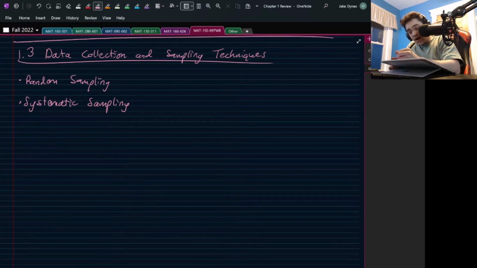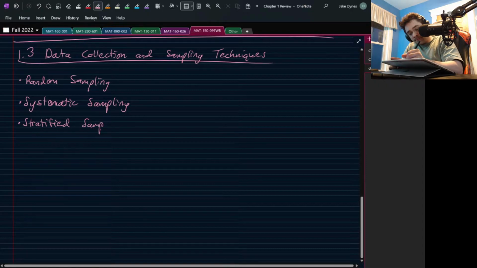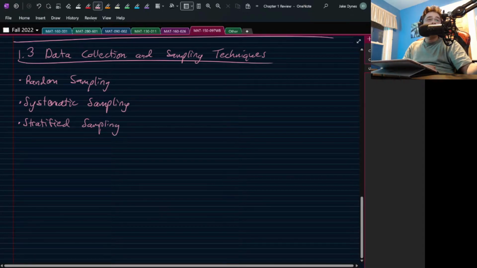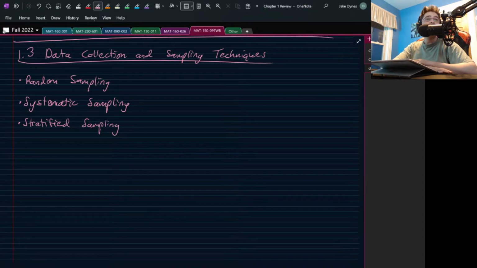We've got stratified sampling. And stratified sampling